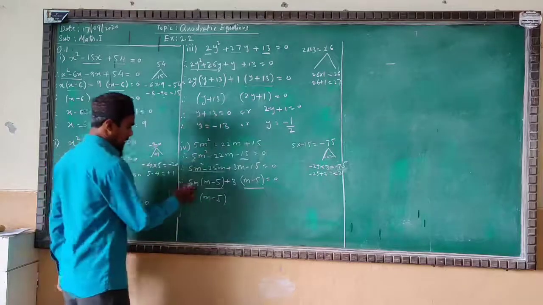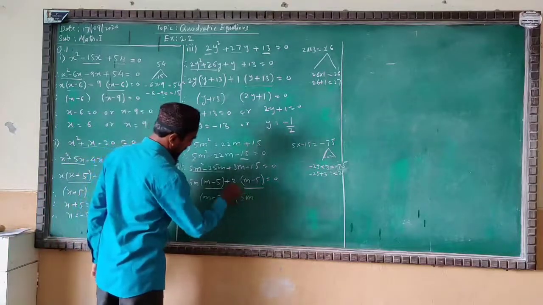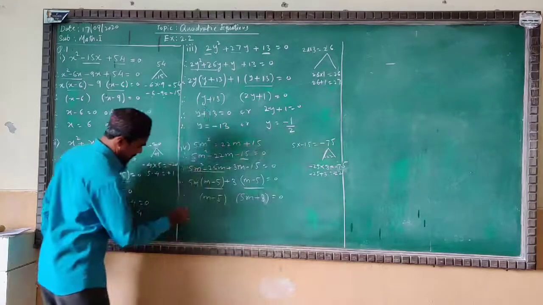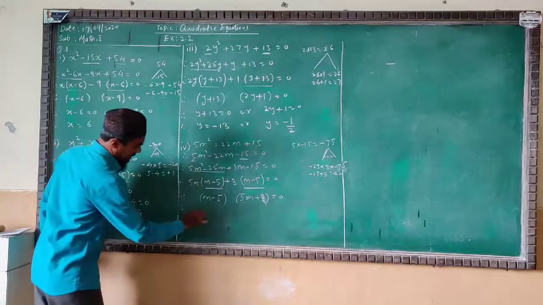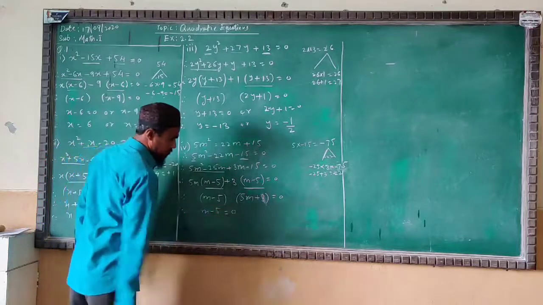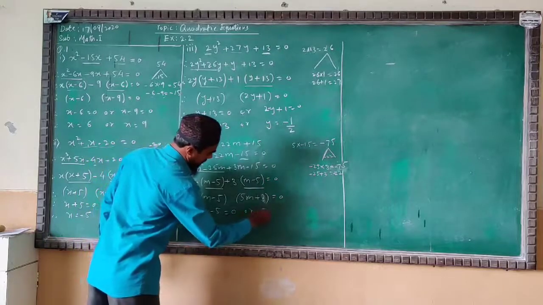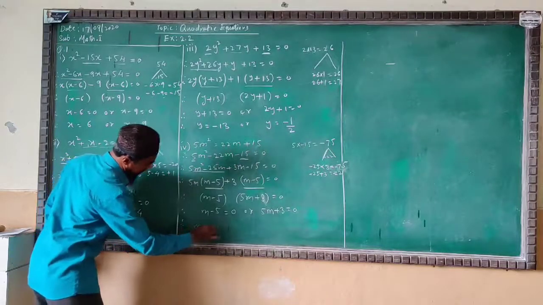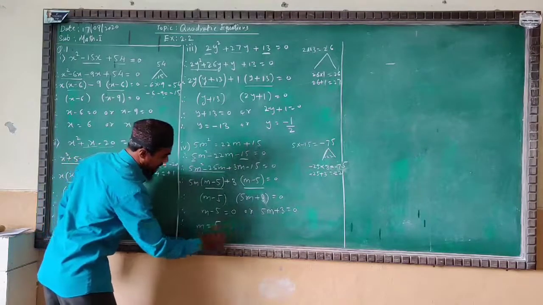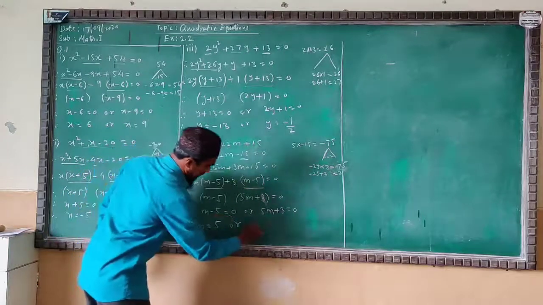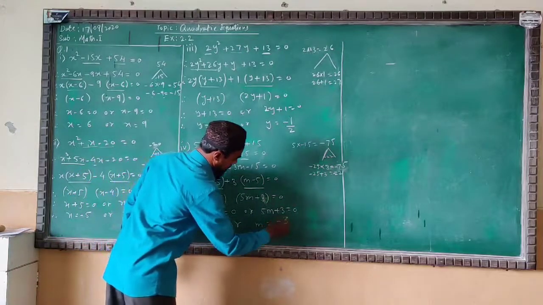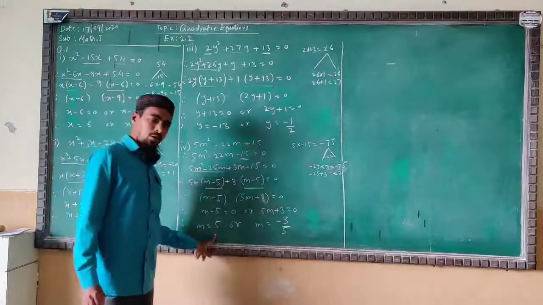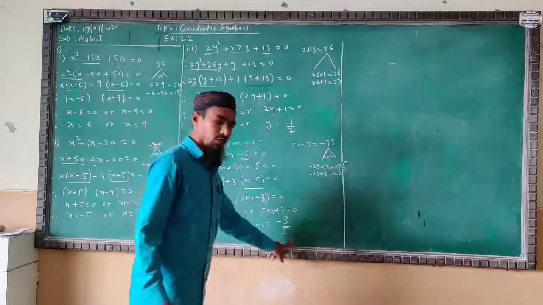Okay, and outside the number there is 5m plus 3, in the other bracket we will write this one. Now continue. m minus 5 as it is, will be equal to 0. That way 5m plus 3 is equal to 0. Now continue. Bringing minus 5 to the right side we get m is equal to plus 5. Here, m is equal to plus 3, bring minus 3 to the right side and divide by 5. Therefore, the answer is m equal to 5 or m equal to minus 3 upon 5.